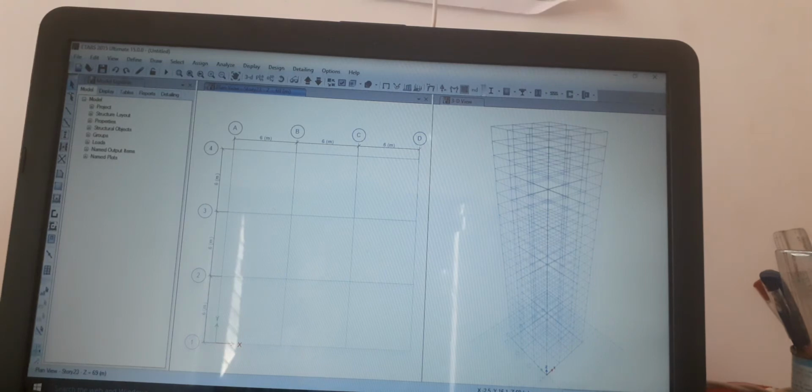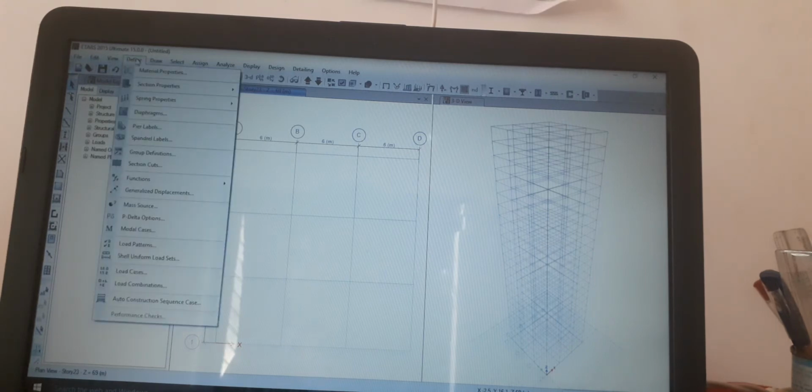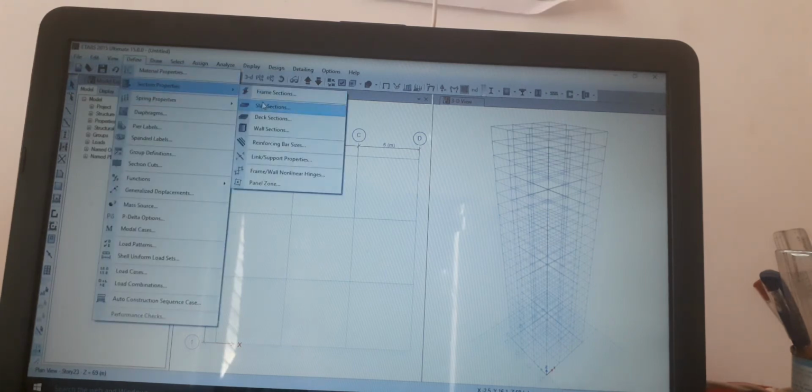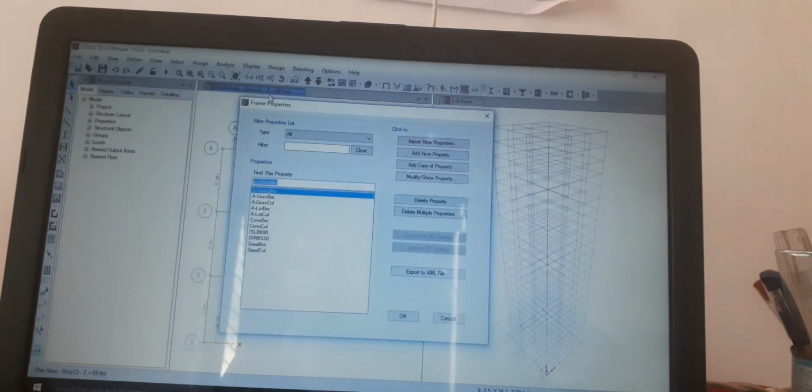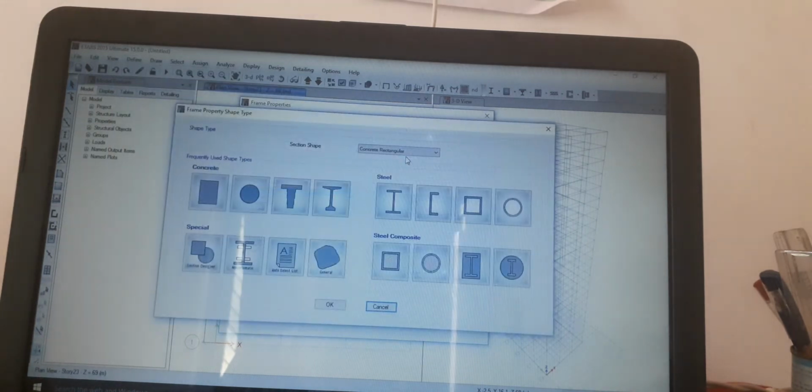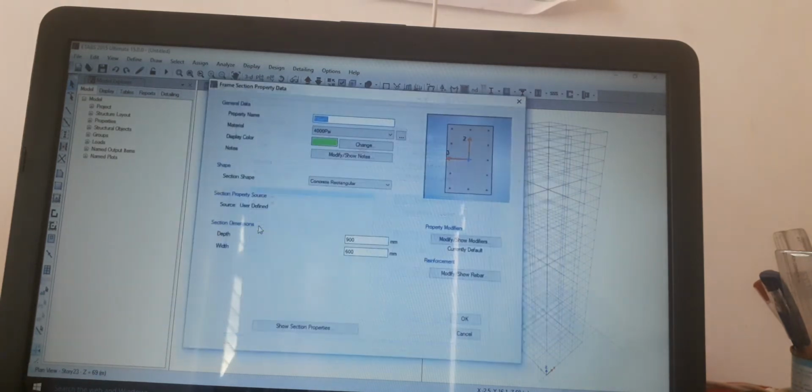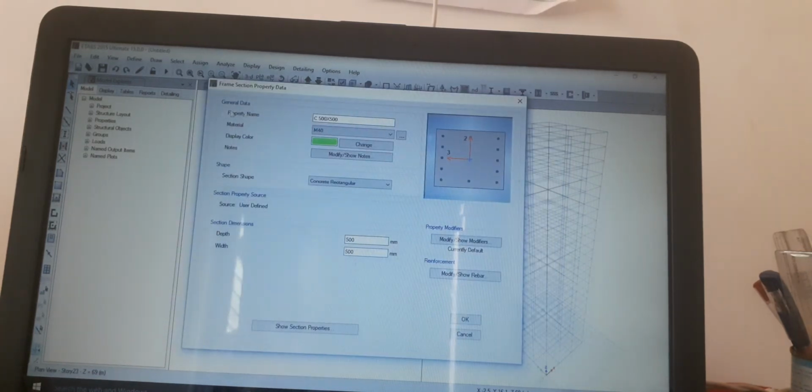Then we again go to the Define menu, Section Properties, Frame Sections, Add New Property. Click on rectangular section. Here the property name is given as C500 and material type is M40, depth is 500 and width is 500.